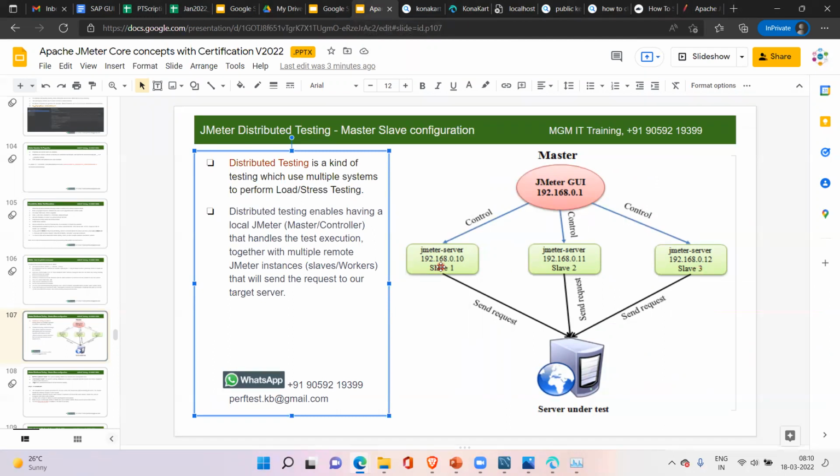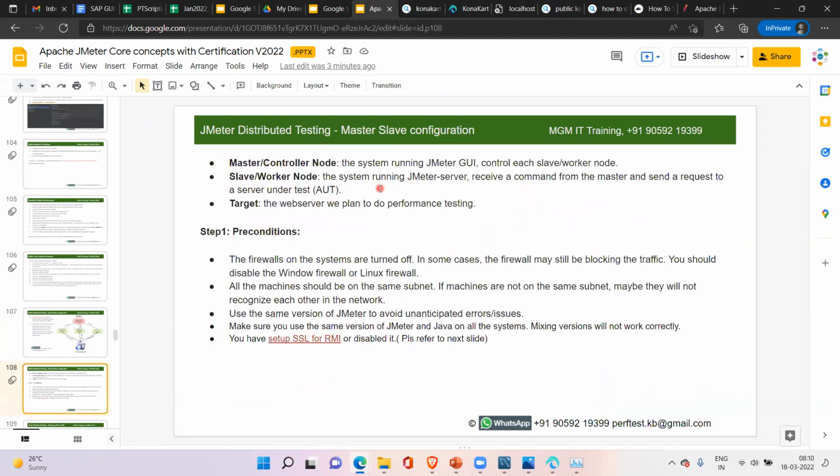You will use one machine as the master machine and the remaining machines as slave machines. Is it clear so far what distributed testing is?